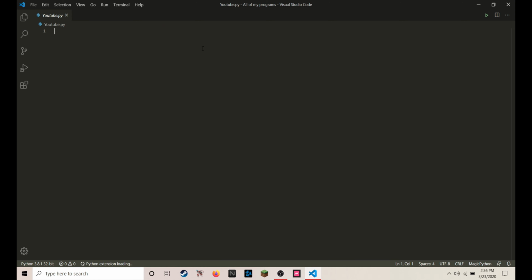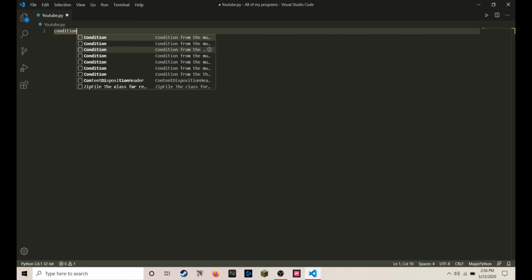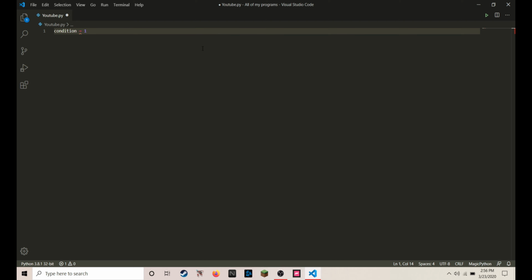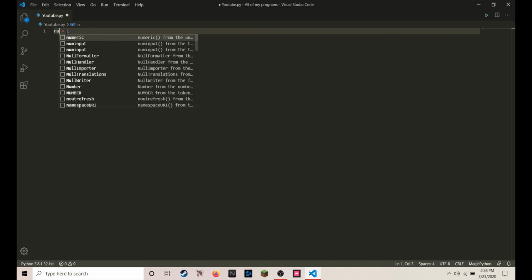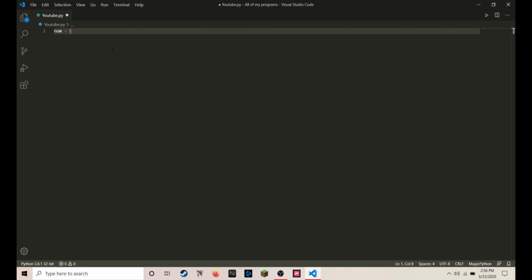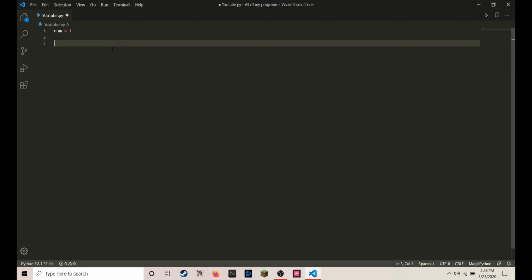So we're going to start off by making a variable. If you haven't seen my video on variables, I have one. I can leave a card to that in the right hand corner of the screen. And so we'll just do condition, okay? Condition equals 1. Or let's do num. Num equals 1. And so we're going to do while